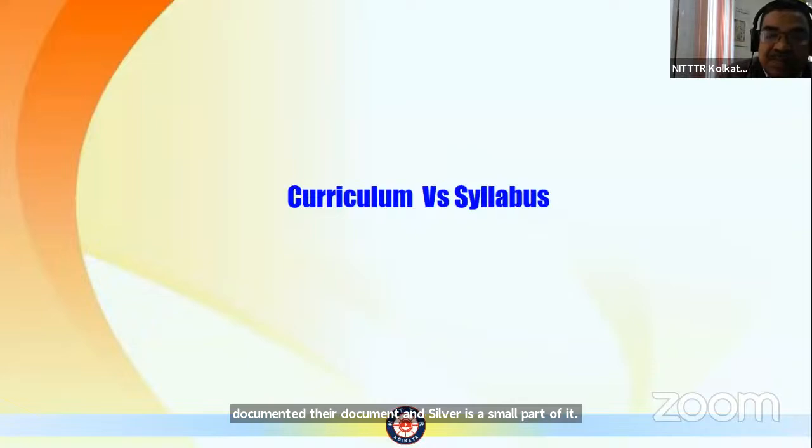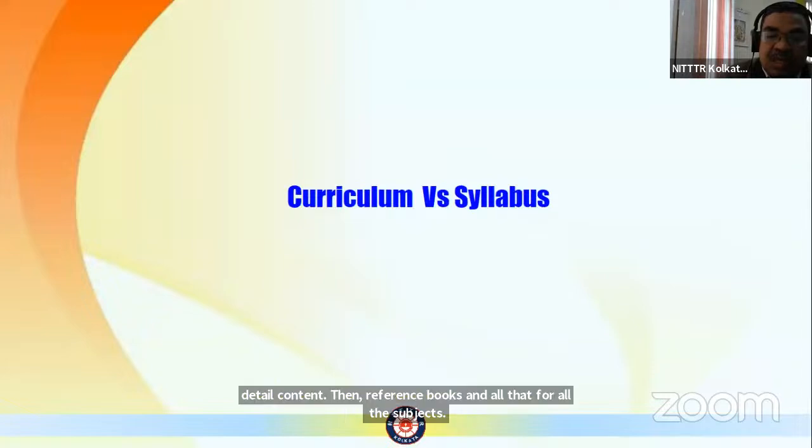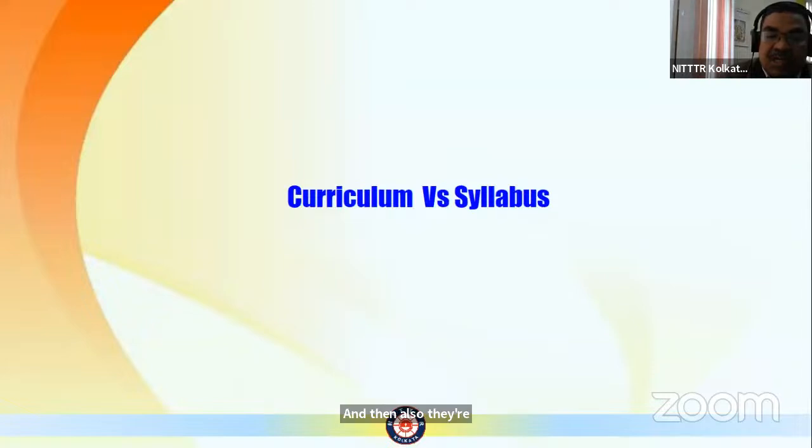For example, for a particular field like mechanical engineering, the entire thing will be available in the curriculum: the aims and objectives, then all six semesters, the sequence of subjects, the detailed content for each subject, reference books, and also the laboratory requirements. But if you take just one subject, for example, strength of materials,